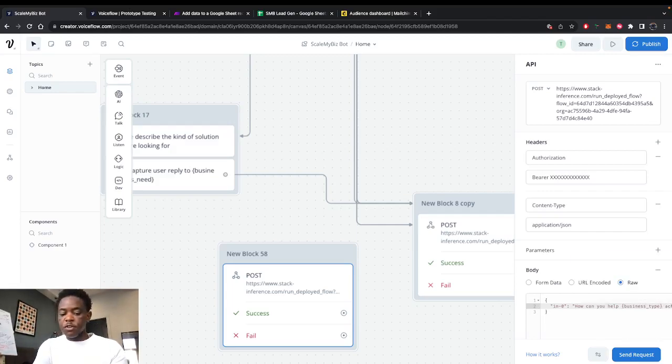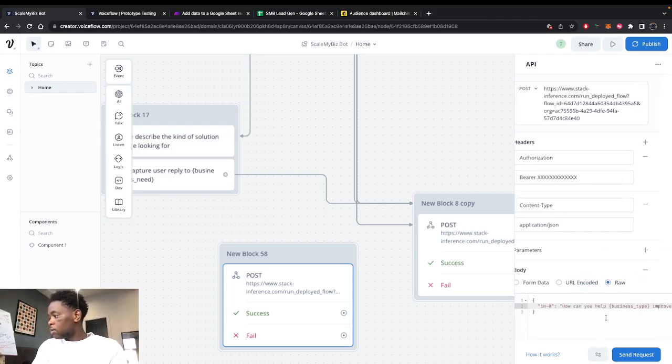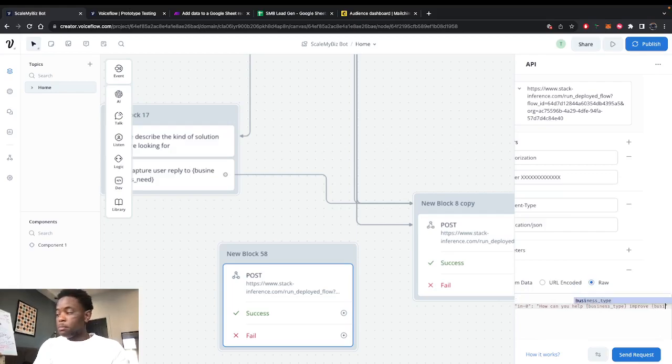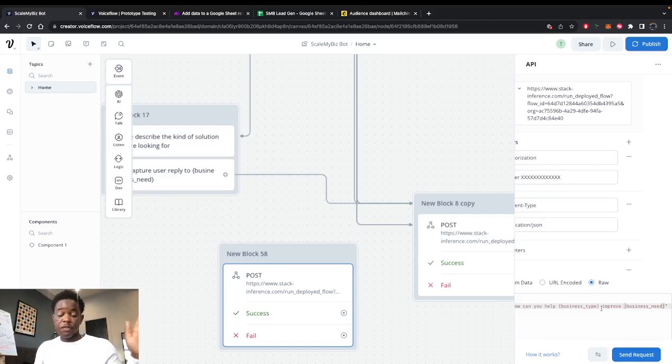How can you help business type achieve or improve, and then we're going to put in the variable business need. So anytime that this specific API call is made on this node in the workflow, it's going to make that call to Stack AI, and then it's going to replace business type with the business type that the person put in earlier in the workflow, and business need with the business need that they selected or typed out in the workflow, meaning that when it pushes through to Stack AI, it